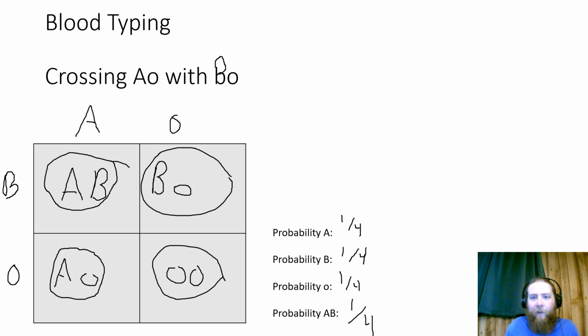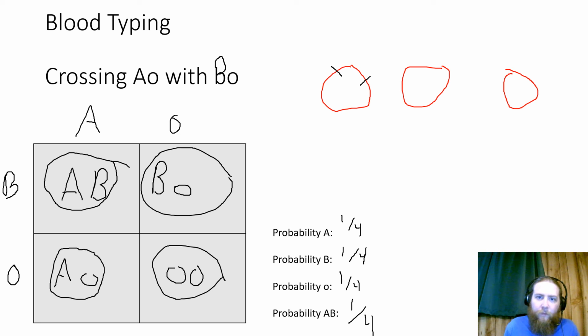What blood actually looks like, dear students, is on a blood cell, which looks kind of round and like this. On A ones, they have a certain protein. Let's say the A protein looks like this. The B ones have a very different looking protein, like it looks like this. The O ones